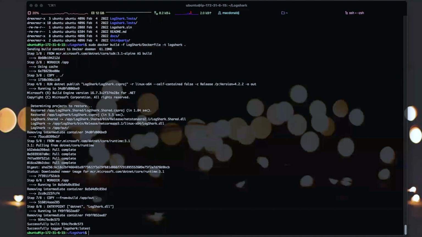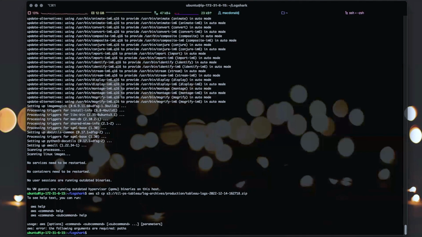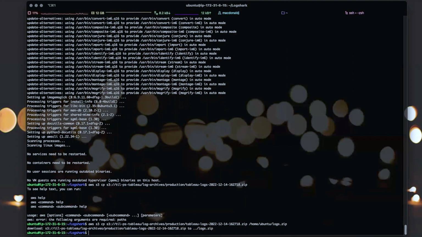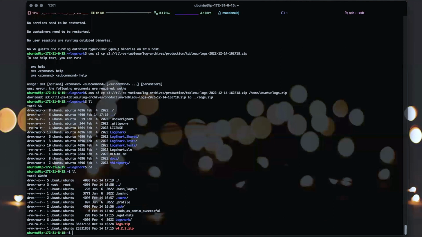Okay, and I guess the next step is to grab a logs file. It wants me to give a path. Yay, we got some logs. It should be in this directory. Yeah, we got logs.zip. Okay, excellent. Right, so then the command to process those logs